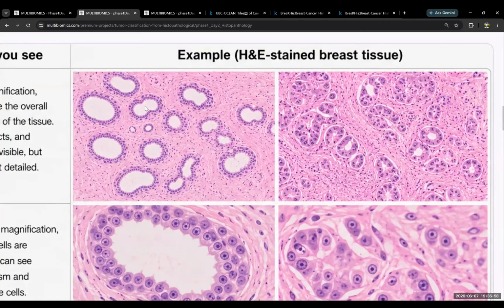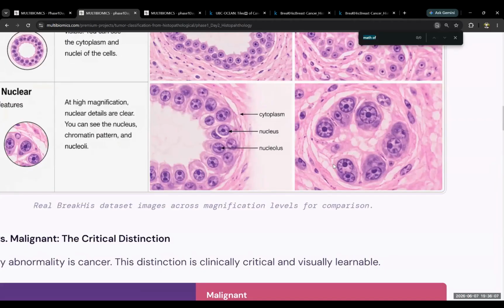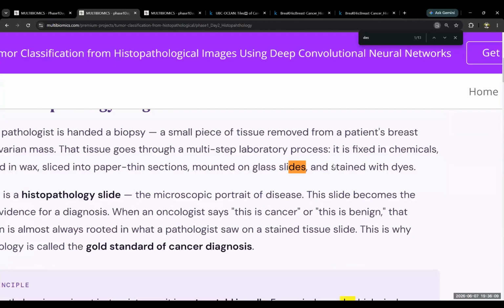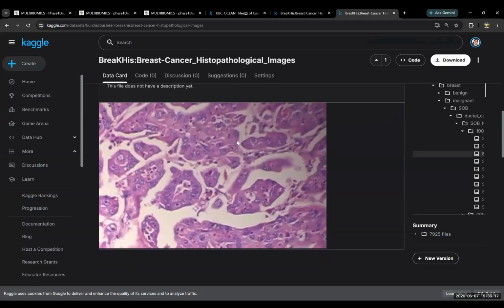Now, can you understand? More pink, more stromal areas we want to see. Desmoplasia. So stroma should not be dense. It should not be desmoplastic. Here, you can see the pattern, but the pattern is reversed. Everyone, others also, do you follow what we are conversing here, Hariom and I? This is malignant now.